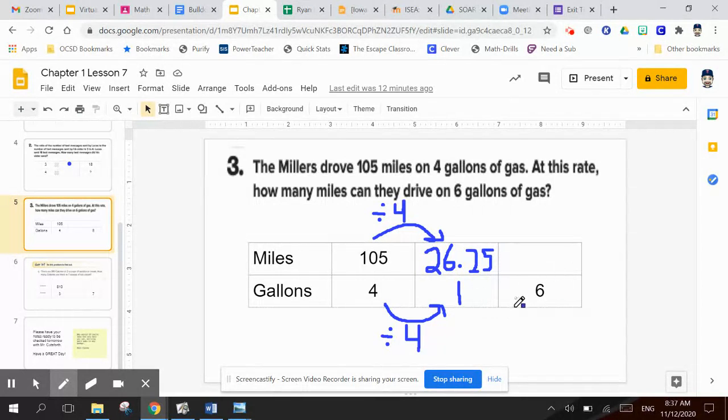Now, I want to find out how far I can go in 6 gallons. So I multiply. My numbers are getting larger, so I multiply. And I multiply by 6. So whatever I do to my bottom number, I have to do to the top number. So when I multiply that by 6,